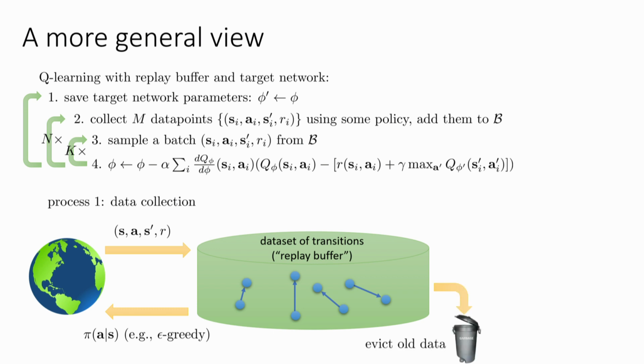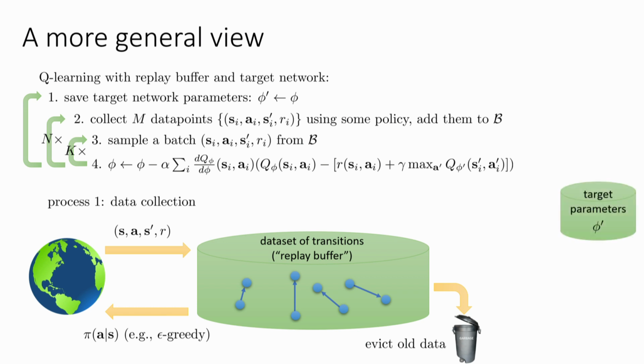Now your buffer will fill up, so you need some other process that will evict old data. A very common choice is to use a FIFO queue, basically a ring buffer where once it fills up, it just overrides the oldest entry. So you can think of it as an eviction process that evicts whatever is the oldest thing in the buffer every time you add something to it. So this ensures that your memory requirements don't grow out of control.